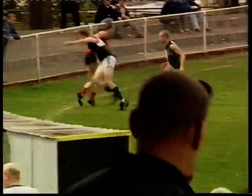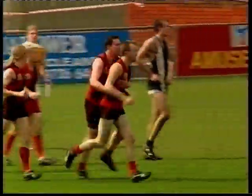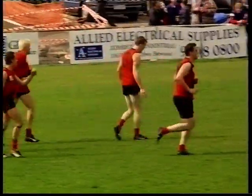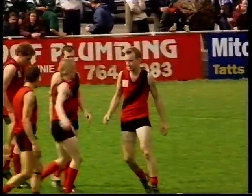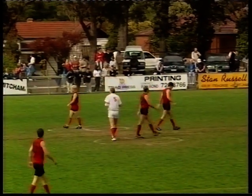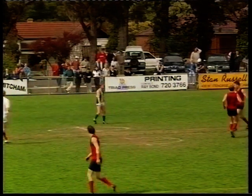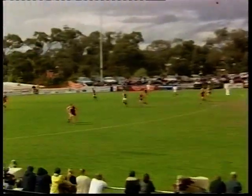Let's just have a look and see what West can do. Tags around, runs into the goals and says, thank you very much. I'll have another one to my name. So that gives me 6 for the day so far. It takes Knox on to 17-11, 113. Wantirna South, 9 goals, 11, 65. And gee whiz, Knox, they can do no wrong. That was with Rule. I think Jeff was calling it playing touch off the boots when he marked it 20 metres out. But then Dean West, what a fantastic coach's goal right from the boundary line. Great use of skill there, wasn't it, to not only keep